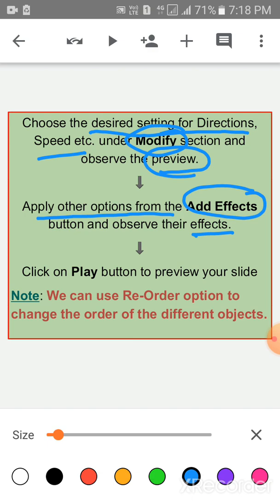Lastly, children, click on the play button to preview your slide. Children, one thing you should always remember, we can use the reorder option to change the order of the different objects.